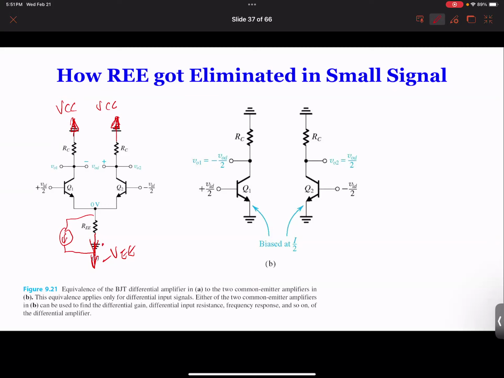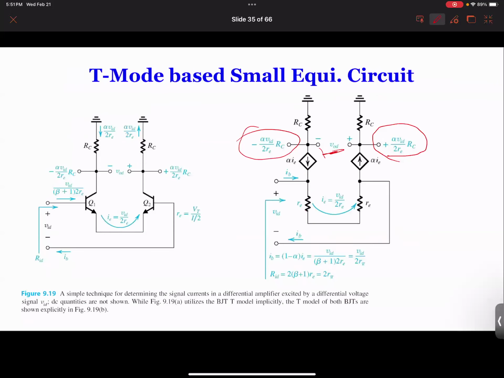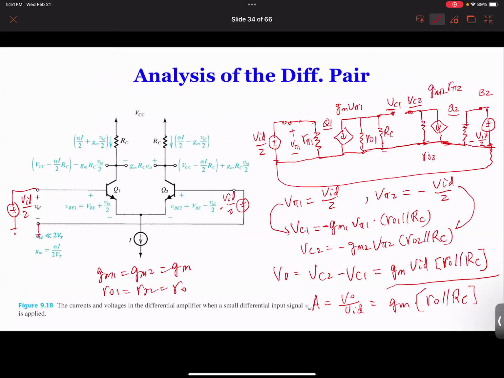But the problem, of course, is that because of this RE, I need to go back one second so that I don't have to draw the equivalent circuit anymore. I want to look at it here. In this equivalent circuit, if I have a REE connected in parallel with the current source, where would that REE be in my equivalent circuit? Where would I show the REE? Well, if I have to show the REE, which is here,